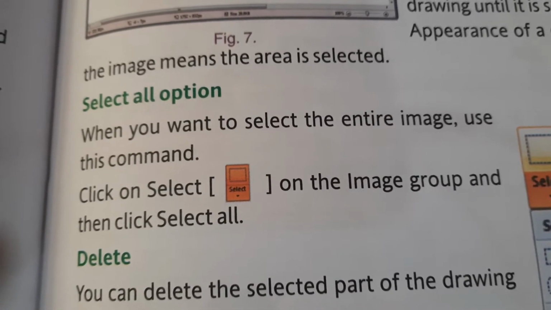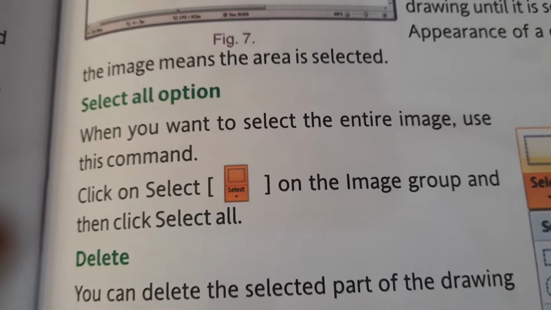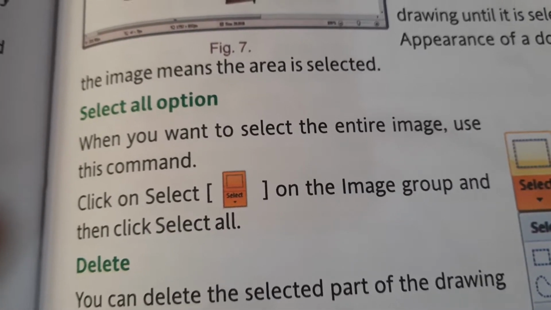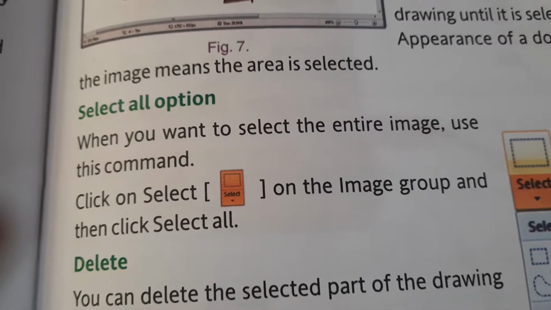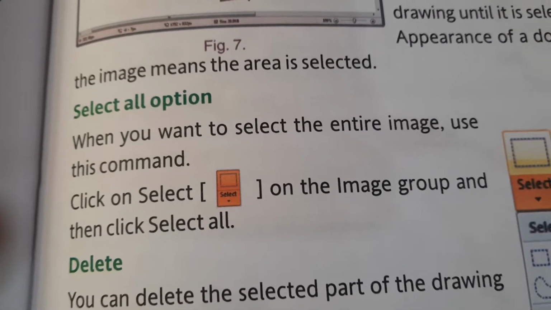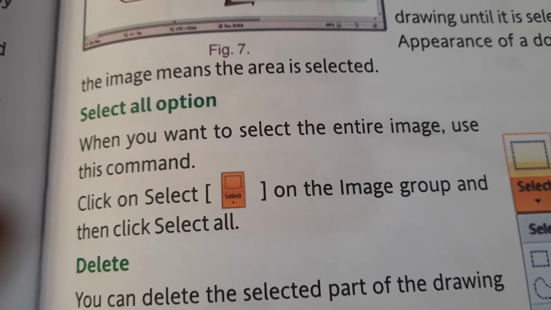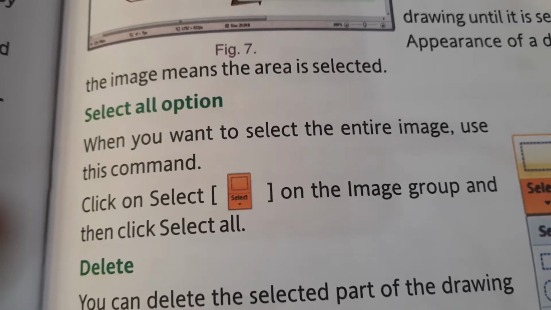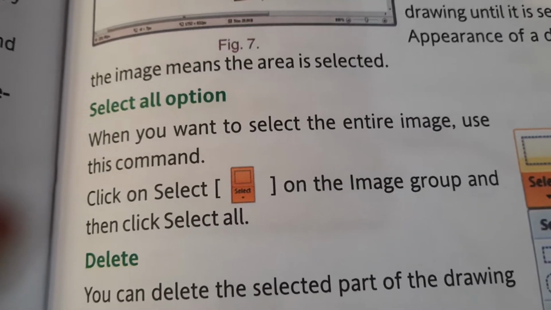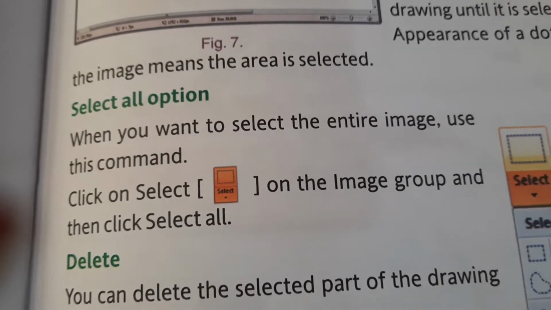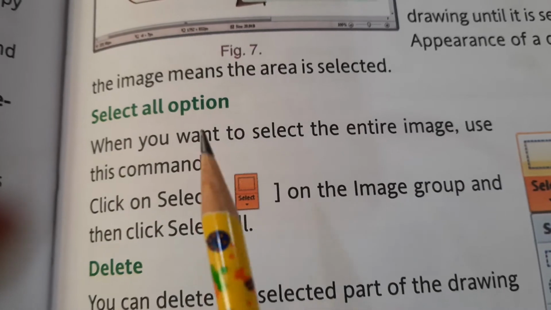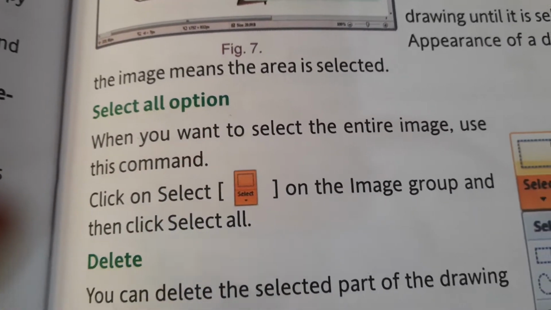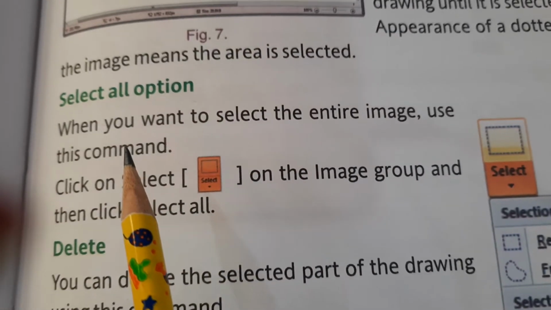Children, we were doing the chapter Fun with Paint, and we are on page number 63. We have seen quite many tools in our previous periods, like selecting the drawing, then rectangular selection, home tab, freeform selection, like that. Okay, and today we will be doing from here, that is select all option. So let's start without wasting much of our time.